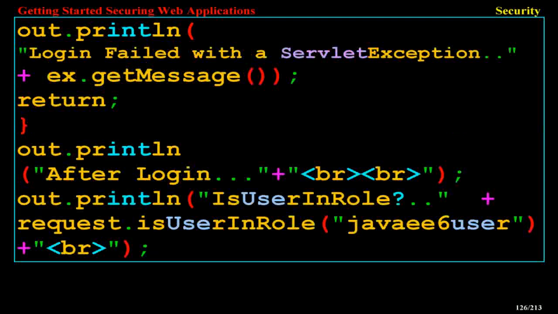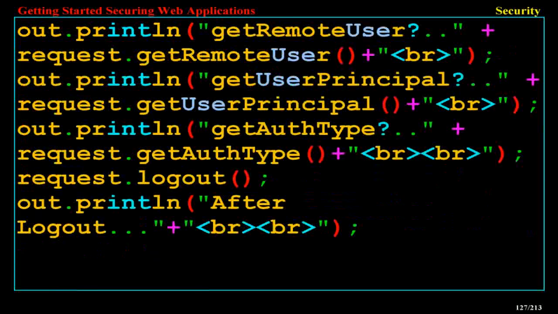out.println("IsUserInRole?.." + request.isUserInRole("javaee6user") + "<br>"); out.println("getRemoteUser?.." + request.getRemoteUser() + "<br>"); out.println("getUserPrincipal?.." + request.getUserPrincipal() + "<br>"); out.println("getAuthType?.." + request.getAuthType() + "<br><br>"); request.logout(); out.println("After Logout..." + "<br><br>");